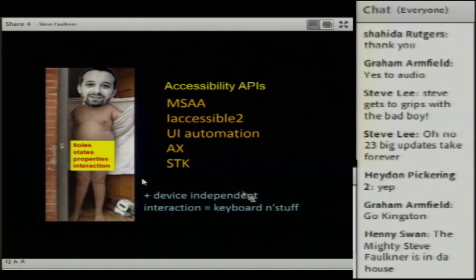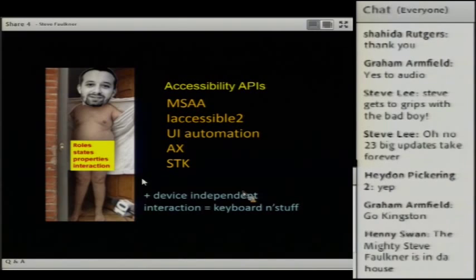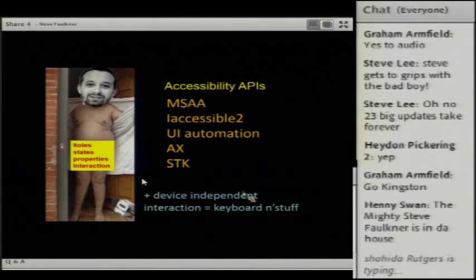But these APIs expose information to assistive technology in a standardized, uniform way across the various platforms, as in across OSs, Windows, Mac, etc. And some of these APIs, well, the main ones are MSAA, which is Microsoft Active Accessibility, one of the oldest APIs, and it's been overtaken in Microsoft's eyes by UI Automation, but much of the information in MSAA is still used today by assistive technologies, and I'll be showing that a bit later.